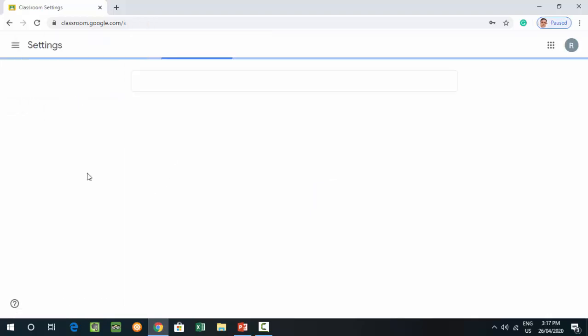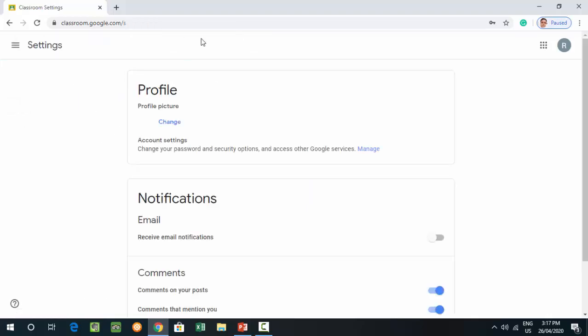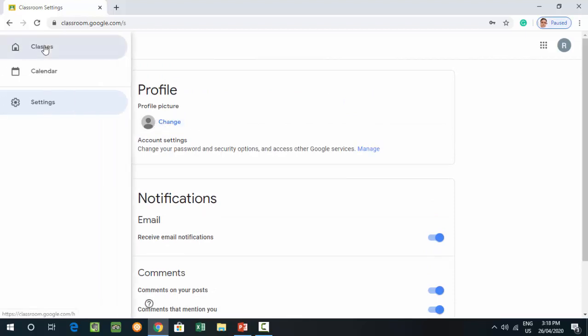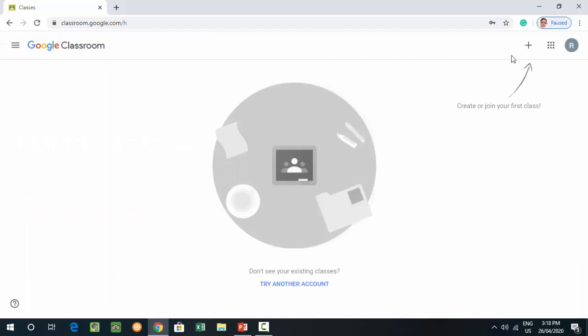If you want to see the settings, all settings are available over here. It is your account's class. If you want to change the picture, you can add a picture over here. These settings you can perform later on. Now you will see here we have a plus button which gives you two options. The first option is create or join classes. If I click, you will see there are two buttons, join class or create class. Apart from this, there is a dot point here.